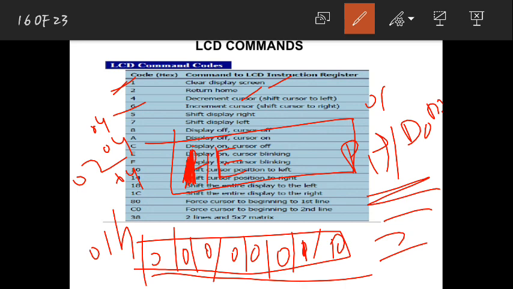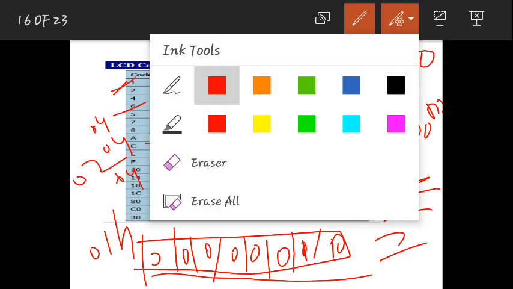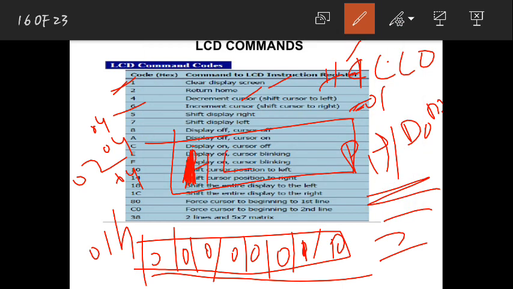To write this hello on your LCD screen, after writing this HE, if I don't give this command, increment cursor or shift cursor to right, this L will be written here itself on this E itself. It will just replace this E with L. So that is the reason after writing E here, I need to give this command increment cursor, then the cursor moves here, so that L will be written here. Did you understand? For every one word, first you are giving some commands.